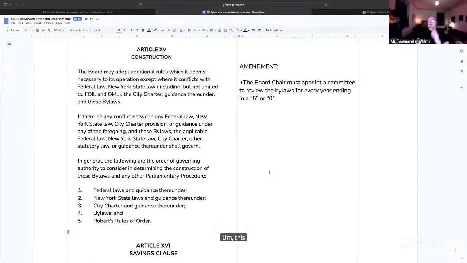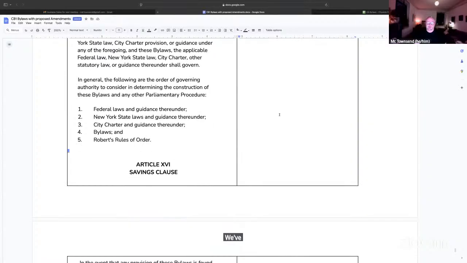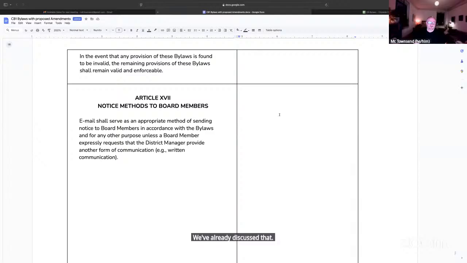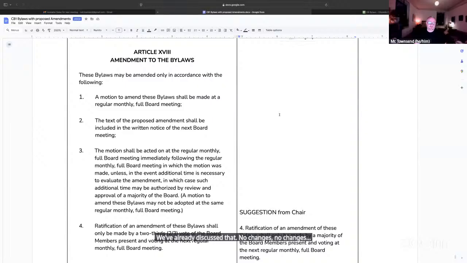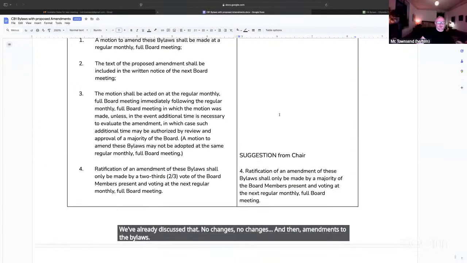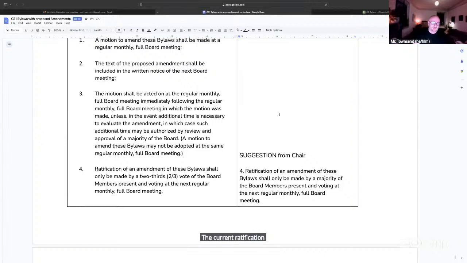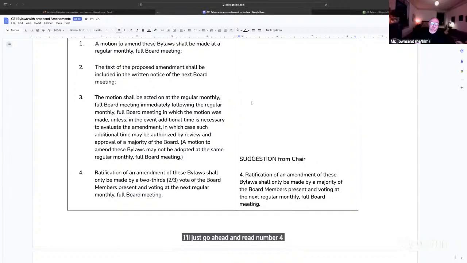We had skipped ahead to Article 15 at an earlier meeting and suggested and added under the general construction clause that the board chair should appoint a committee to review the bylaws for every year ending in 5 and 0. We've already discussed that. No changes. And then amendments to the bylaws, the current ratification of a change to the bylaws. I'll just go ahead and read number 4, which is